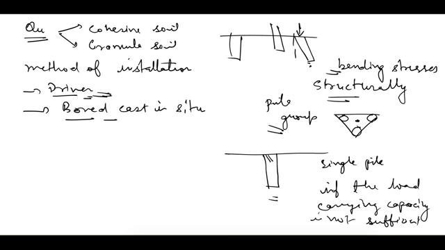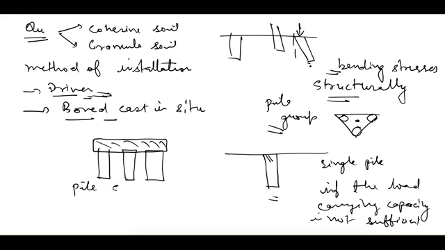Now when we put these piles in a group, to connect these piles we will use a beam or a slab. That means at this point there will be a beam connecting these 3 piles, or whatever number of piles there are. So this part is called the pile cap. Now if the pile cap is above the ground surface, with this distance between, then it is called a freestanding pile.